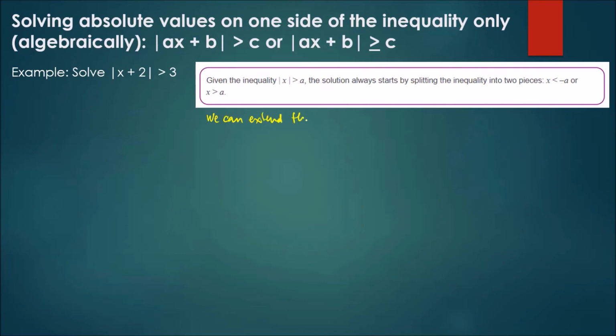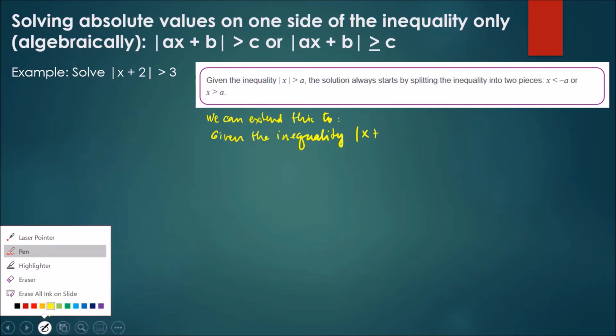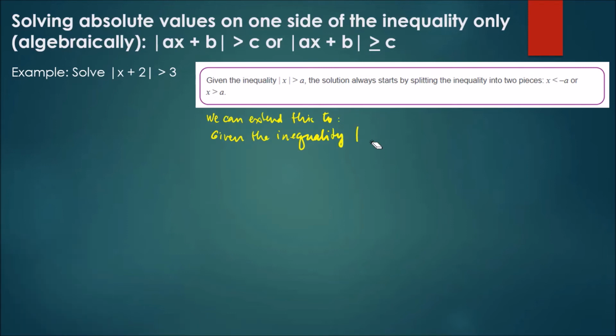Given the inequality, the modulus of ax plus b greater than c, then the solution